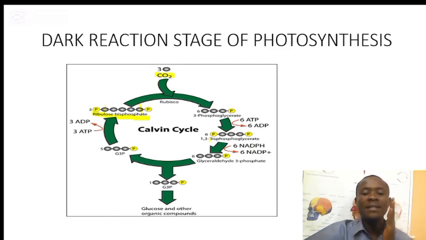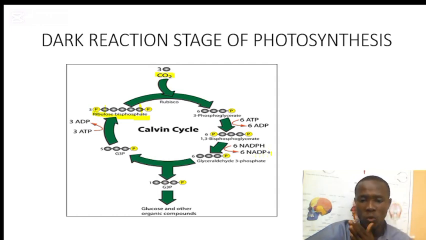So for 1,3-bisphosphoglycerate to be converted into glyceraldehyde 3-phosphate, it needs to make use of 6 molecules of NADPH. This NADPH will be oxidized to give us 6 molecules of